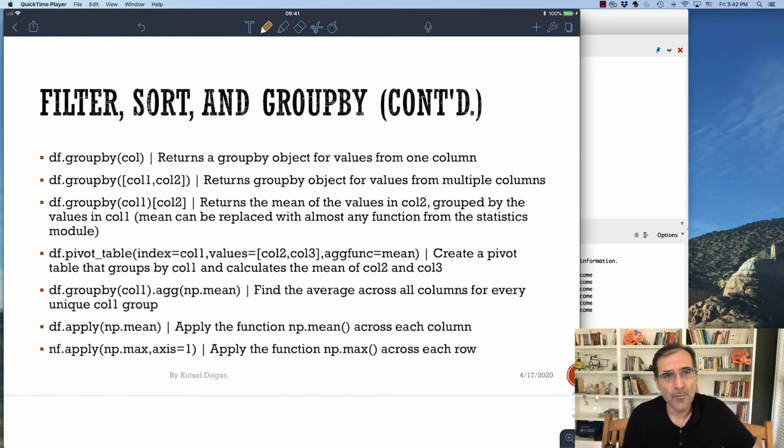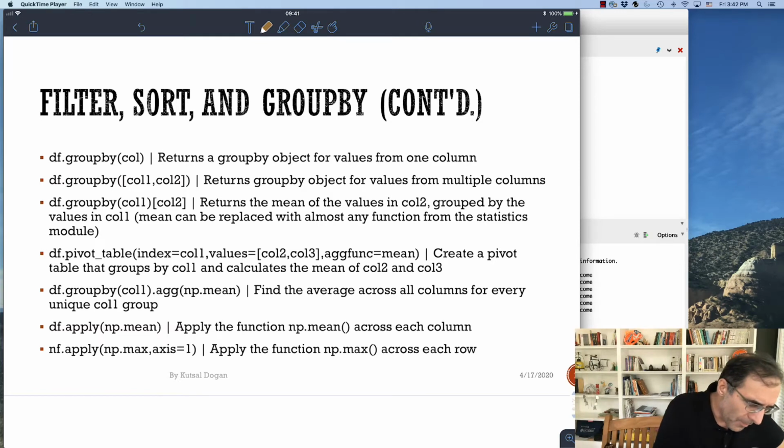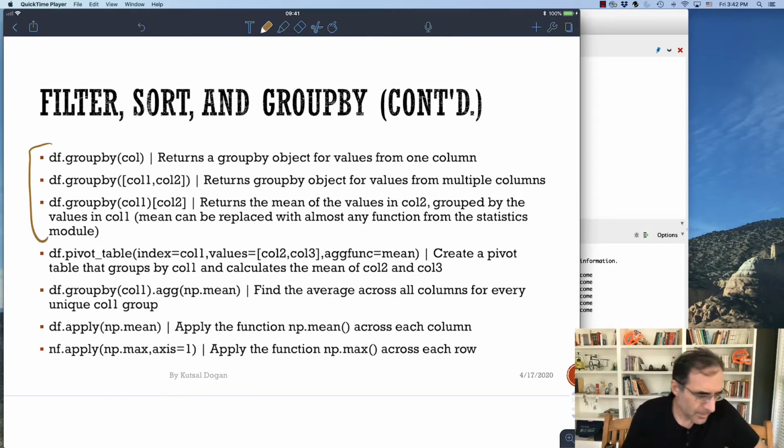Group by is very powerful. I'm sure some of you have used SQL group by, and some of you have used pivot tables in Excel. That's exactly what this does. Okay, so your group by allows you to take a column or multiple set of columns and group your results based on those columns and do some aggregate function. It could be a sum, it could be count, it could be mean, all kinds of functions that can be done. Okay, so the simple format,